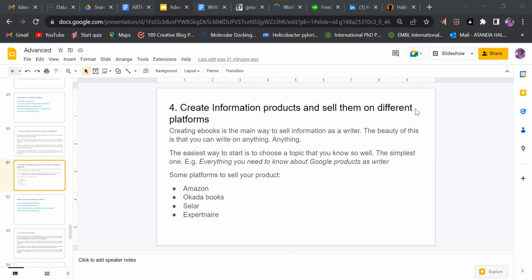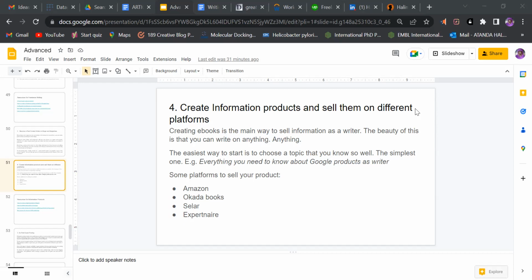They're called digital or information products because they are digital, not physical, most of them anyway, and you're mostly selling to give out information. Now, this particular course is a digital product and it's an information product. Why? Because it's teaching you how to do stuff, how to write and how to make money from writing. And there's a chance that you bought it either on Expertmere or on Seller. So this is a perfect example of an information product.